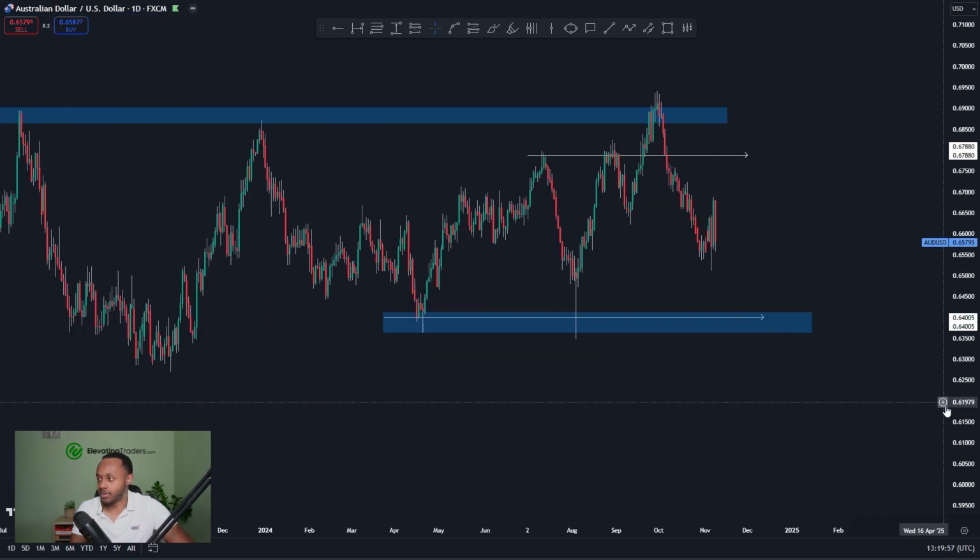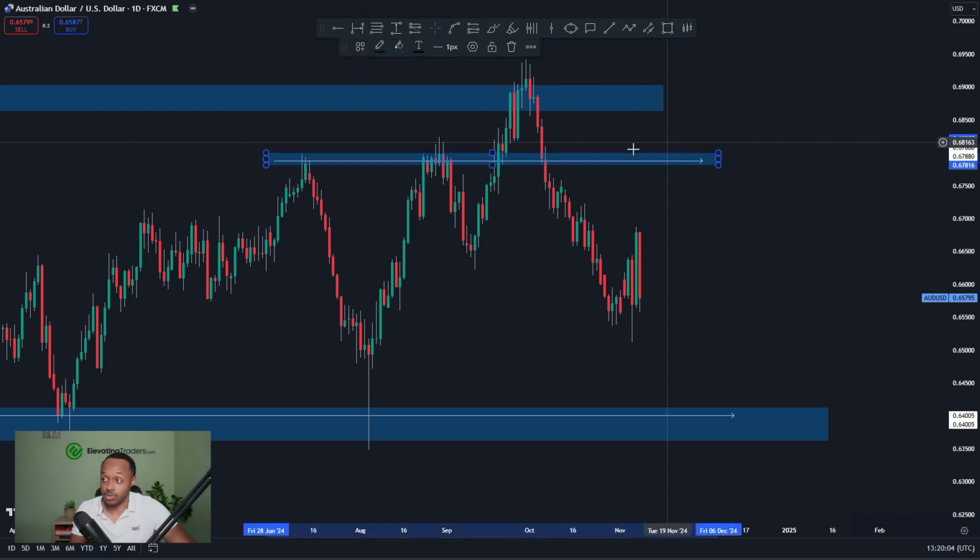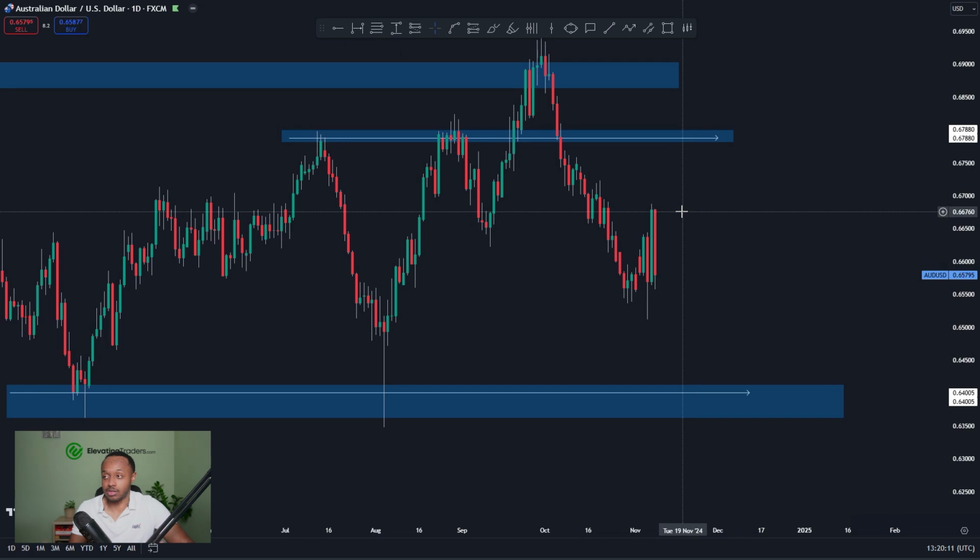So that's simply how I'm looking at Aussie dollar. I did say I do like sells. If we were to have a bigger move up to these prices here, I wouldn't mind looking to anticipate some shorts around 0.6788. Unfortunately, price just hasn't been that bullish to get there for the retest, so there's no real